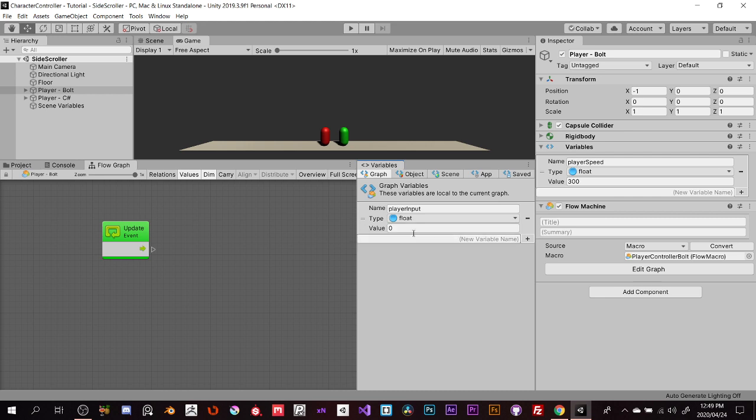This is going to be a float. So with this variable, every time we press the A key or the D key or the arrows or the left analog stick side to side, it's going to store the input and feed it into the movement. Now, when you're working with rigid bodies and physics and all that kind of stuff, and you probably have watched this in several other tutorials,